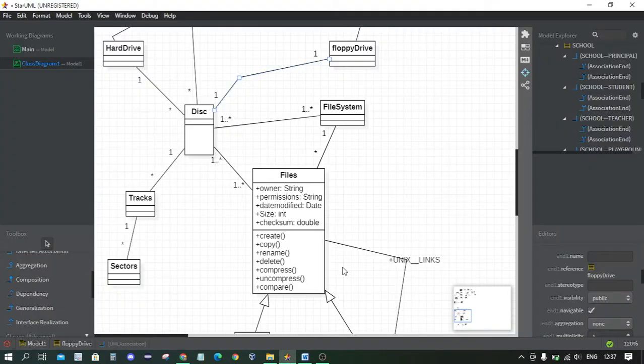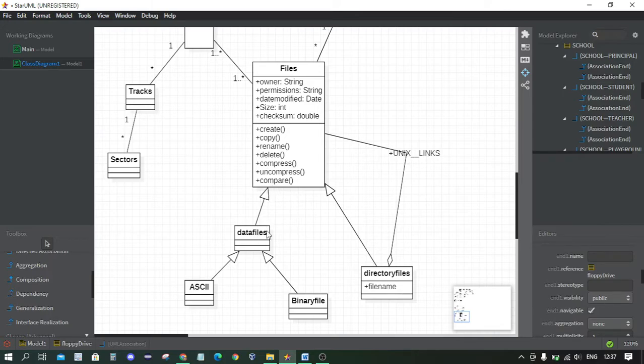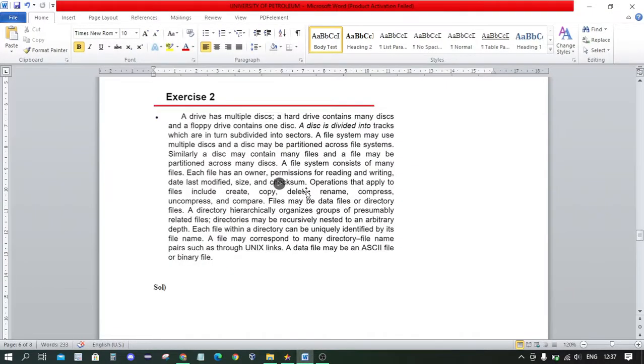So we have to represent this as a generalization relationship. It can be data files and directory files, these two. A directory hierarchically organizes a group of related files. Directories may be recursively nested to an arbitrary depth. Each file within a directory can be uniquely identified by its file name.